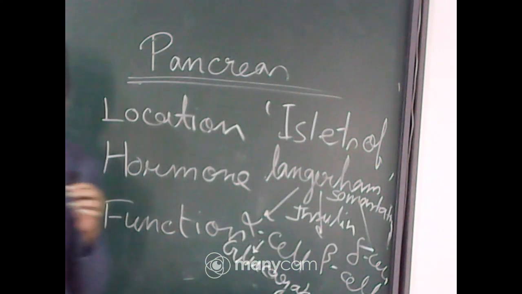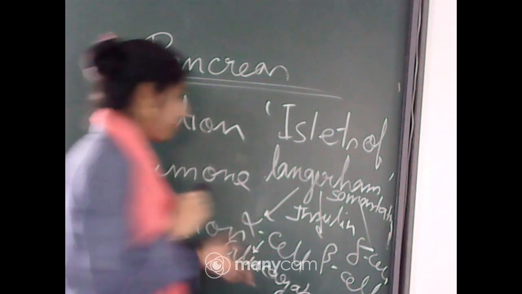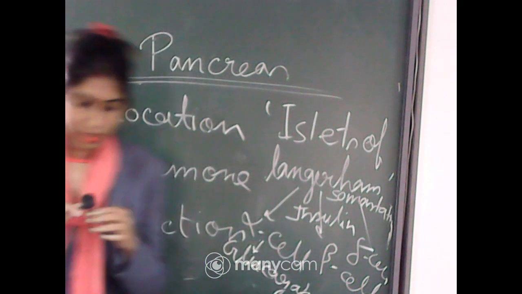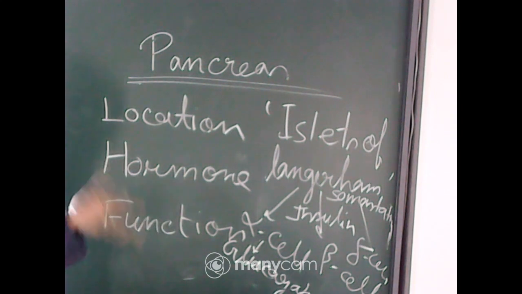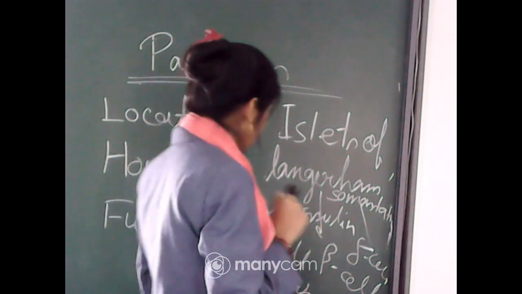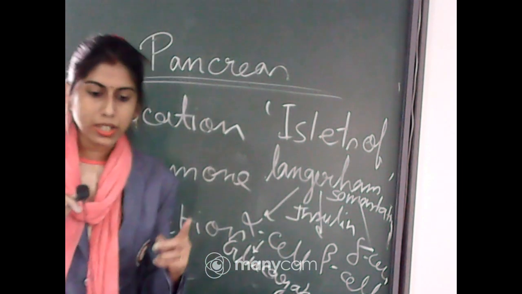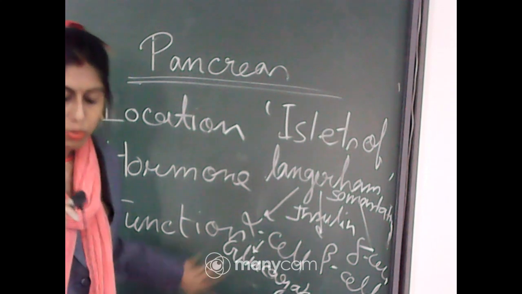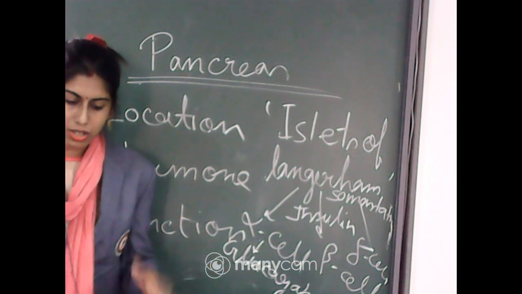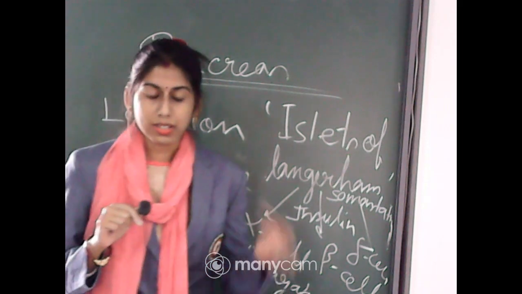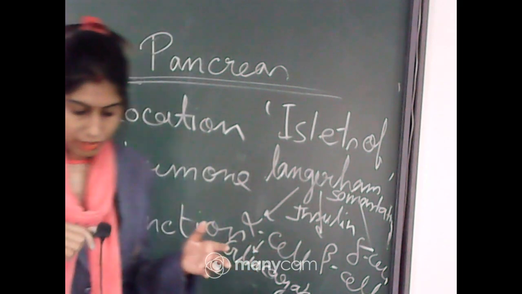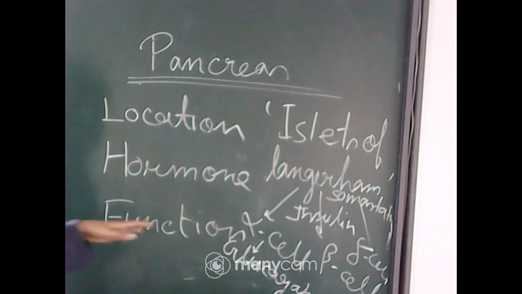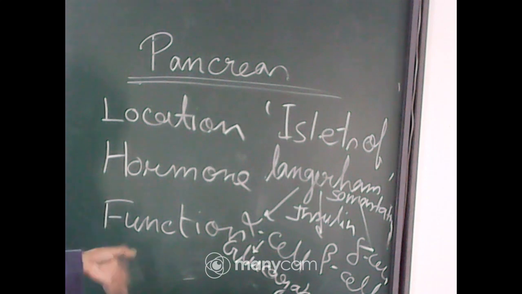Okay, these are the different types of hormones which can be released from the alpha cell, beta cell and delta cell of pancreas. Now, glucagon is a peptide hormone, and it plays a great role in maintaining the glucose balance in our body. So glucagon is which type of hormone? Glucagon is a peptide hormone, and what is the role? It helps in glycogenolysis, that means it helps in the breakdown of glycogen to glucose. So glucagon is a peptide hormone, and it plays an important role in maintaining the normal glucose level.